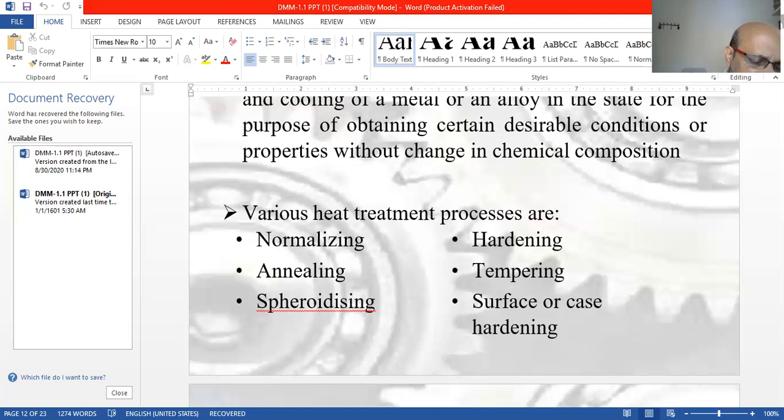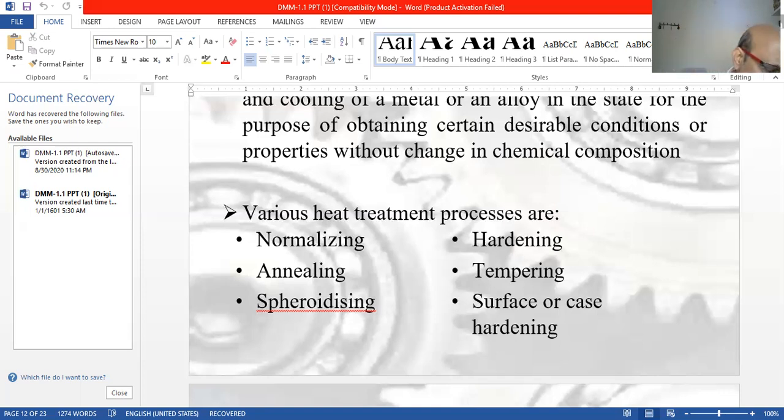Generally the tempering process is reheating hardened steels to some temperature below the lower critical temperature, followed by any desired cooling. The exact tempering temperature depends upon the purpose for which the article or tool is to be used. For what purpose we are going to use it decides the temperature.